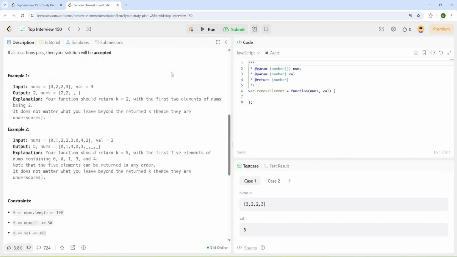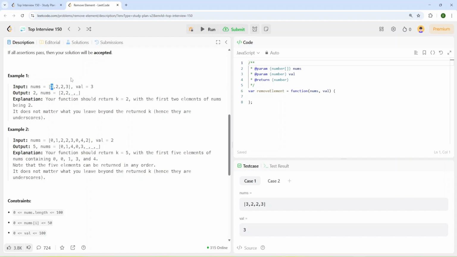Okay, let's discuss our approach. I'm going to use the two pointers approach, and the first pointer will point at the first left element of the array, and the second pointer will point at the last or right element in the array. And then I'll go one step forward or one step back, depending on whether we count the element in the left pointer. And let's take a look at how it will work.